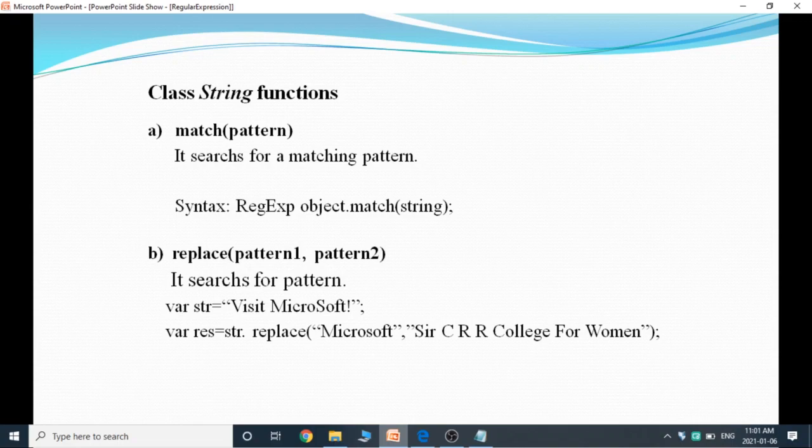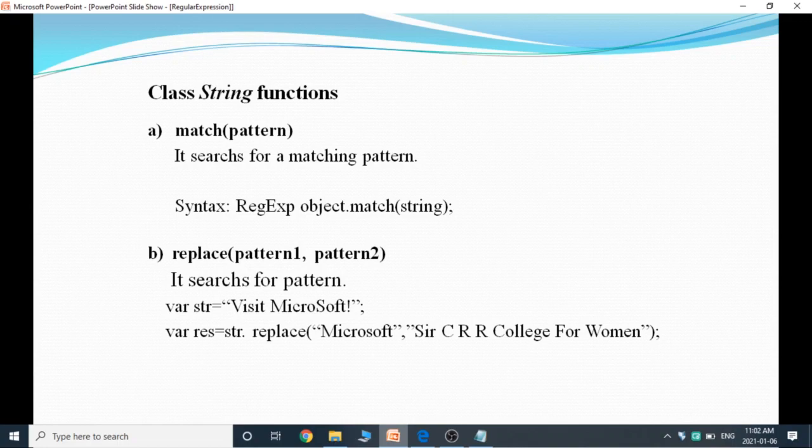Next one is replace. Replace of pattern 1 comma pattern 2. It also searches for the pattern and it replaces if the search is successful. What will it replace? Pattern 1 with pattern 2. If you observe here, I have taken str as visit Microsoft.